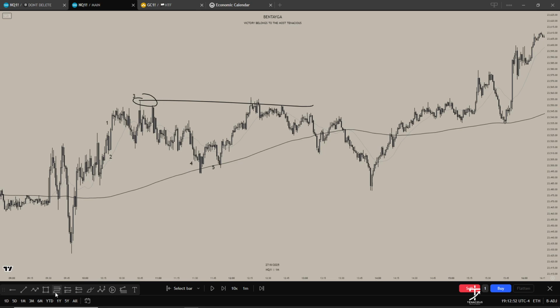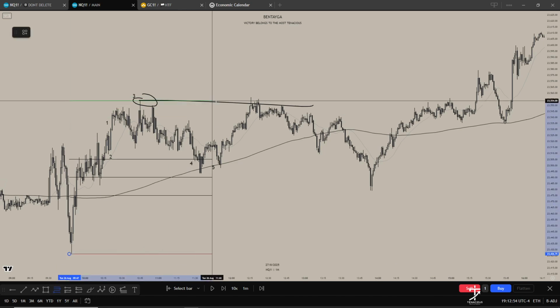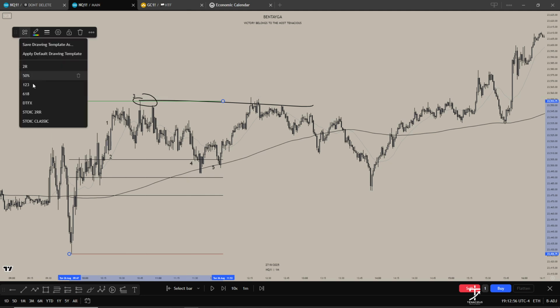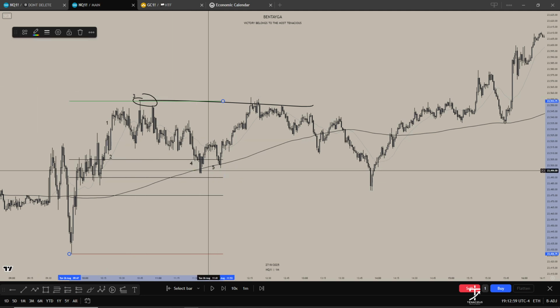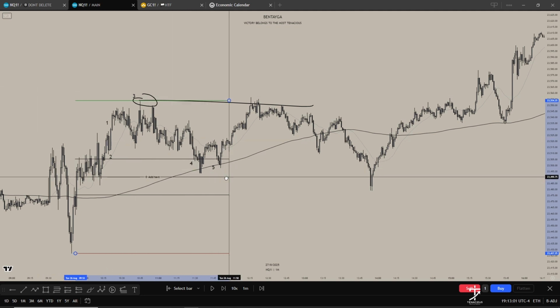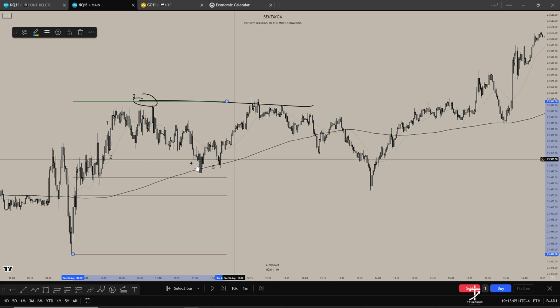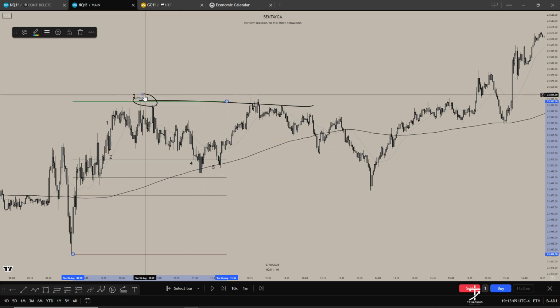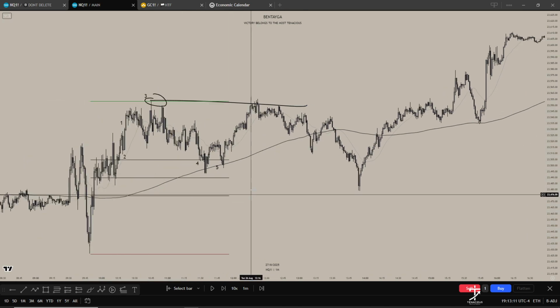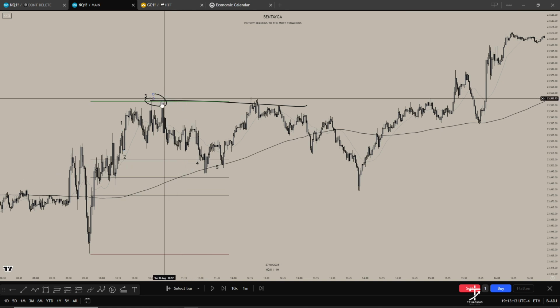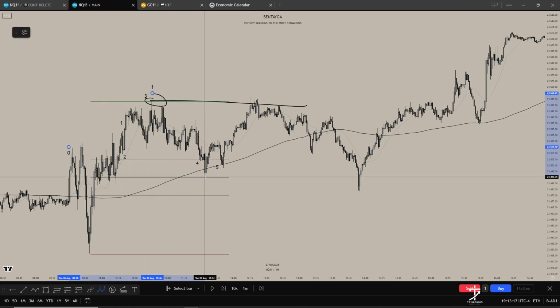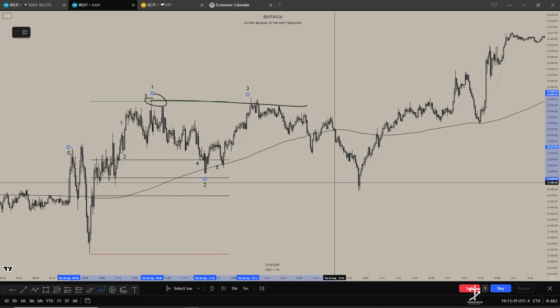And then obviously if I drop my fib from this low to this high, price taps to at least the 382 level, creates a double bottom, respects the 618 and the SMA, and then price takes out a previous higher high. And then you can even say price failed to take out the highs, and then now this is your 1, this is your 2, this is your 3, 4, 5.